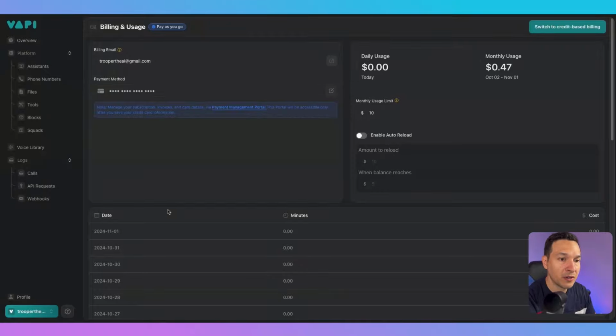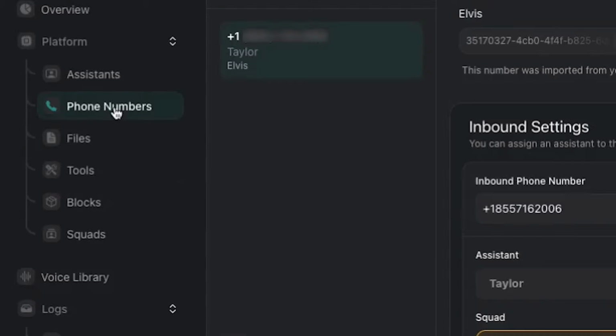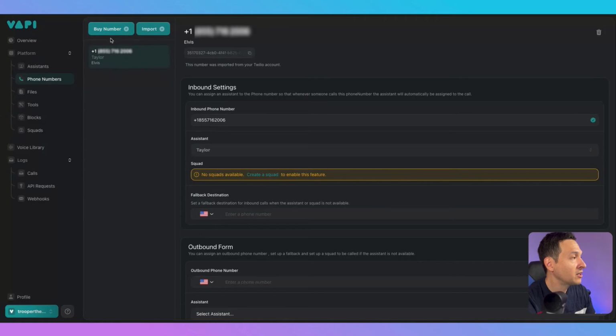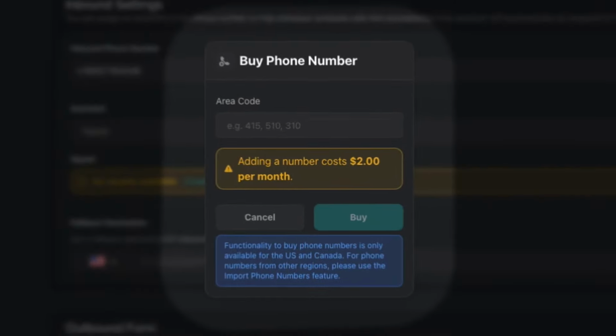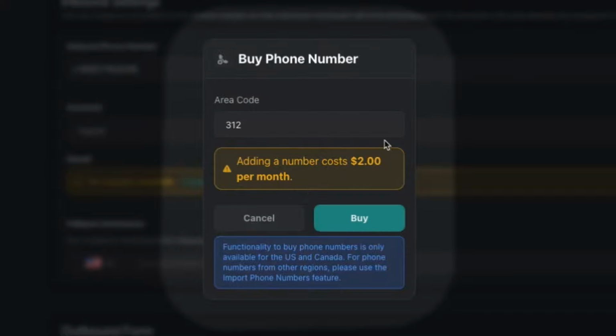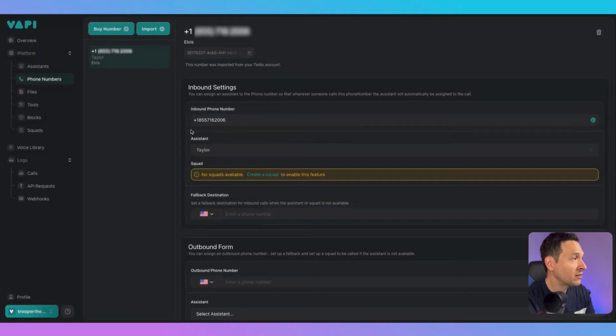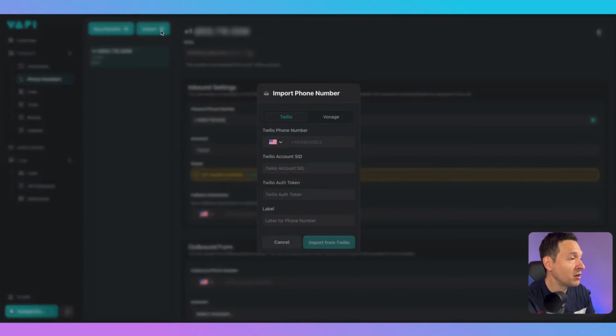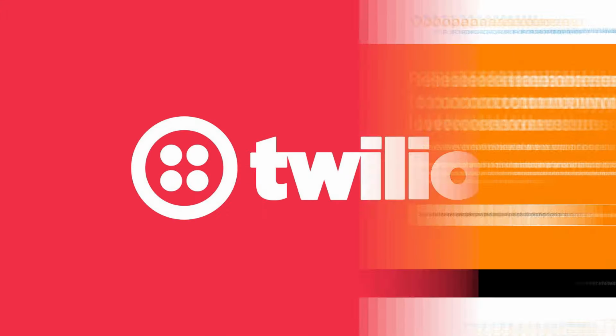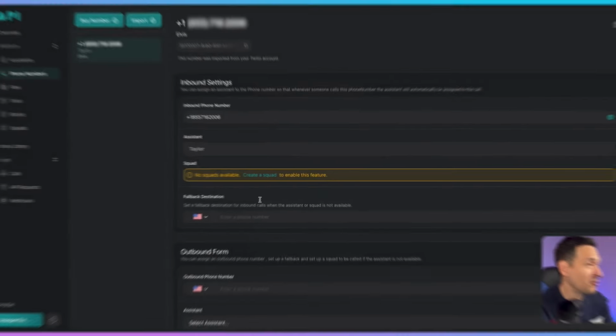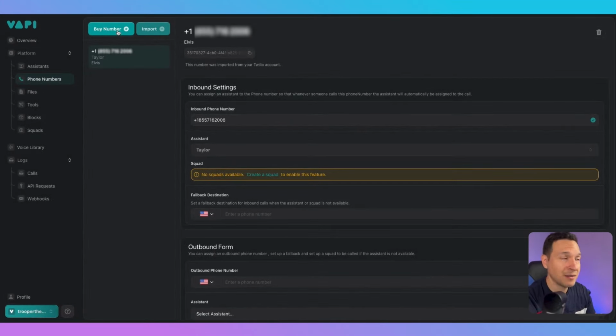From there, you want to go to the left-hand side under phone numbers, and click up here for buy number and put in an area code. Adding a number costs $2 per month. So you can buy it directly from Vapi, or you can import a number from Twilio or Vonage. I imported a number, but for ease, just accessibility, just buy the number from Vapi